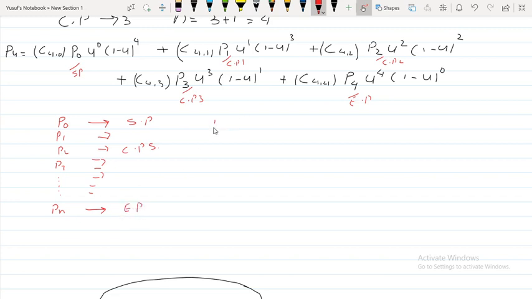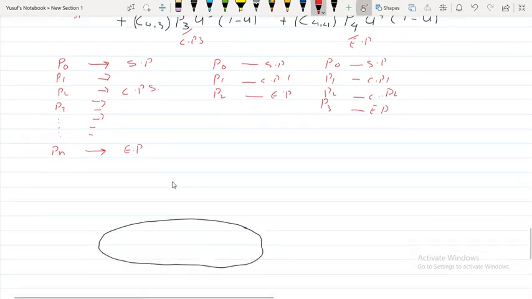Suppose we have 3 points P0, P1 and P2. So it will be start point, control point 1, end point. If you have 4 points P0, P1, P2, P3, it will be start point, control point 1, control point 2, and the end point. The sequence should be like this only, P0 to Pn. So P0 will always be the start point and Pn will be the end point, and in between are the control points. We have to use this sequence only.